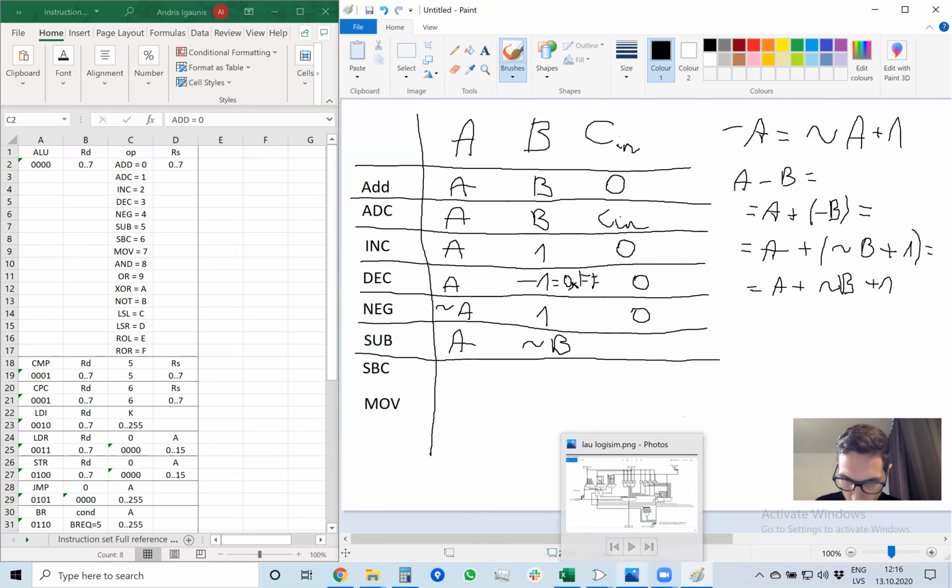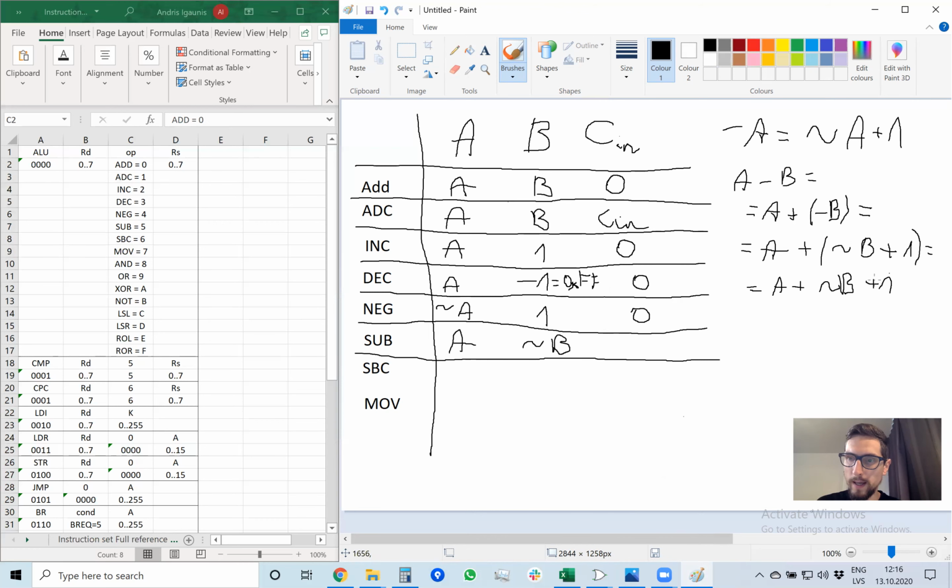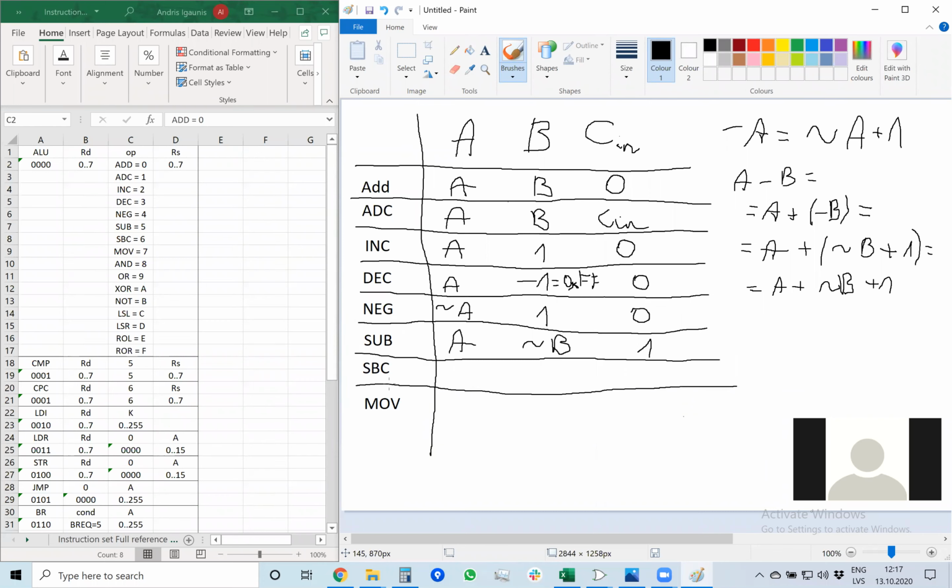And for carry, we will use, instead of 0 or carry in, we will just use 1. We will force carry equal to 1. And this way we can do this: A, not B, and 1. And next is, how do we add